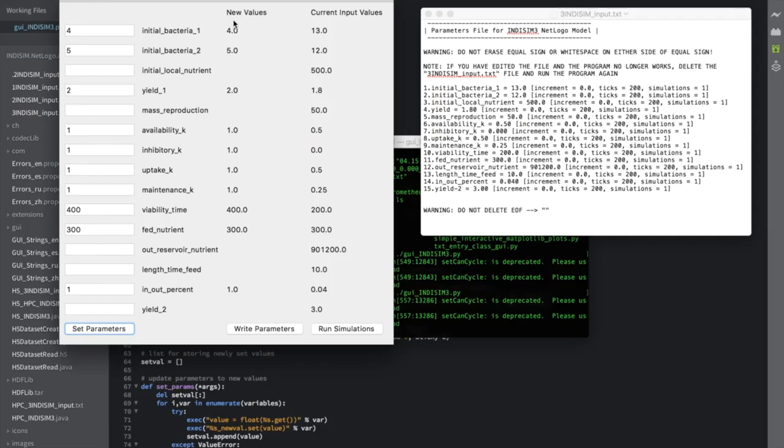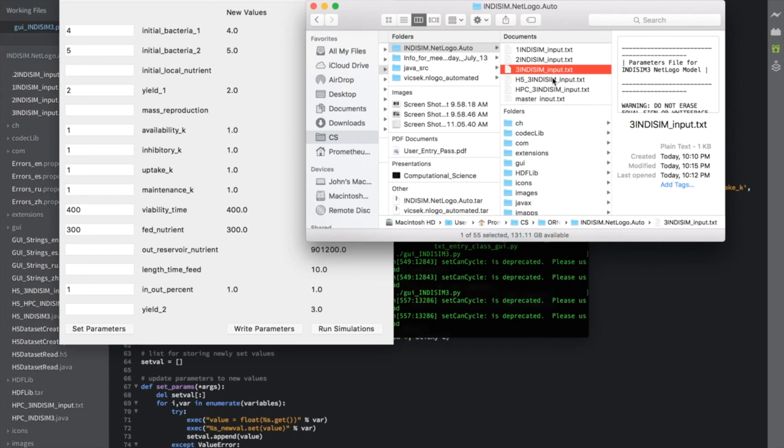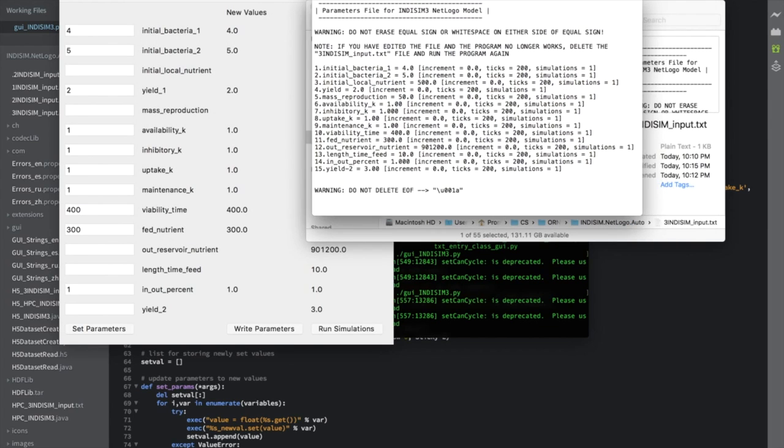Once I'm satisfied with what I have for these values and I don't want to change anymore, I click the write parameters button, and now it sets all the values that you changed. It writes those to the parameter file itself. So let's go ahead and open this again. So it literally copied those into the parameter file, and you can see here